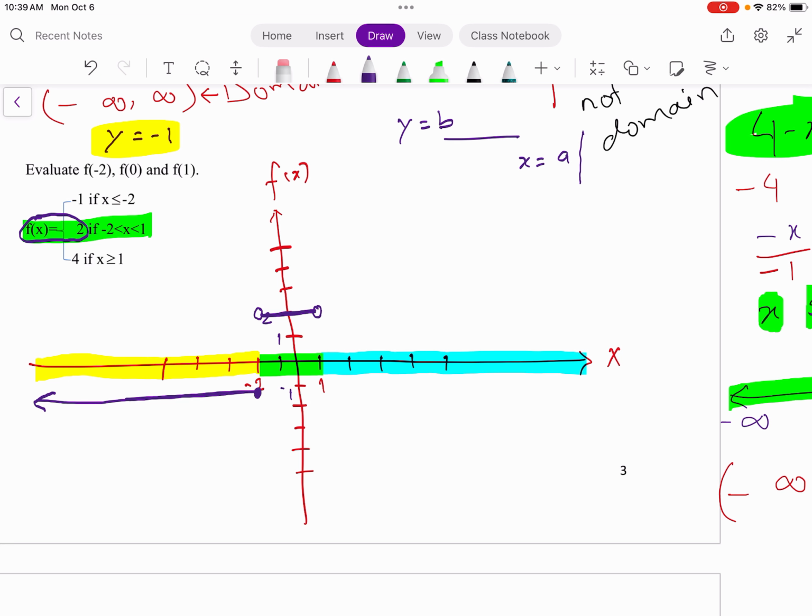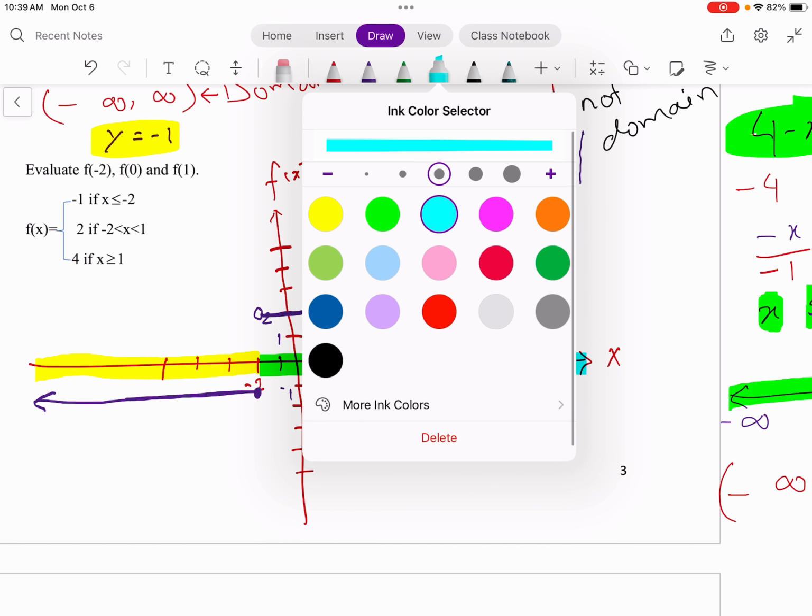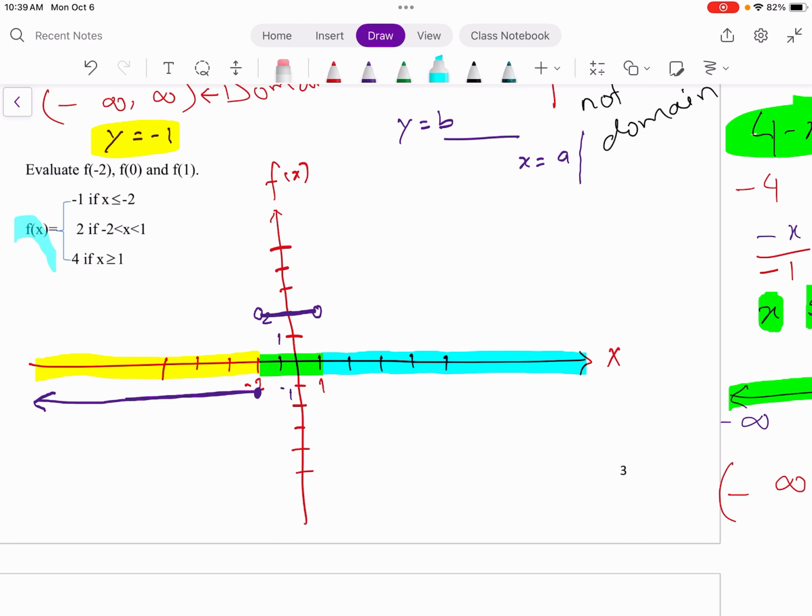Now next, let's take the third part. So we have the blue region here. We will graph this part. Here we have f of x equals +4. We get a straight line. So we draw a straight line at 4 in the blue region. So this is 1, 2, 3, 4. Our blue region starts from here. We draw a horizontal line, and you can extend it all the way up to